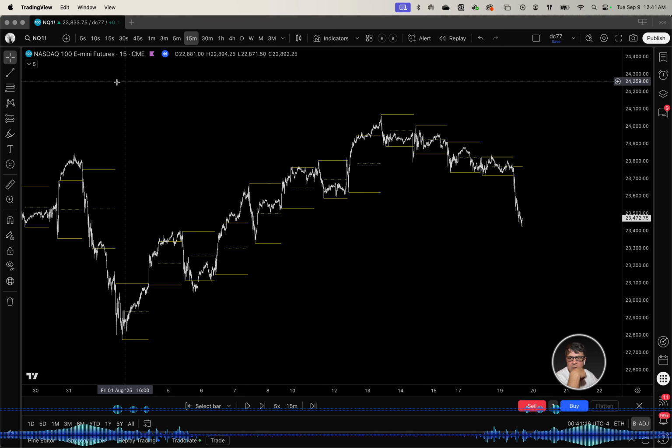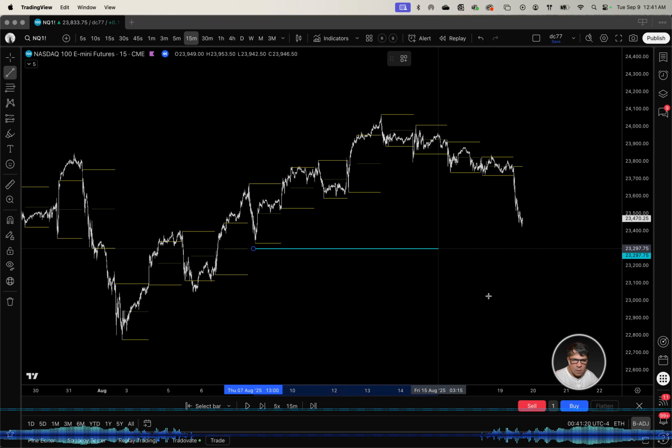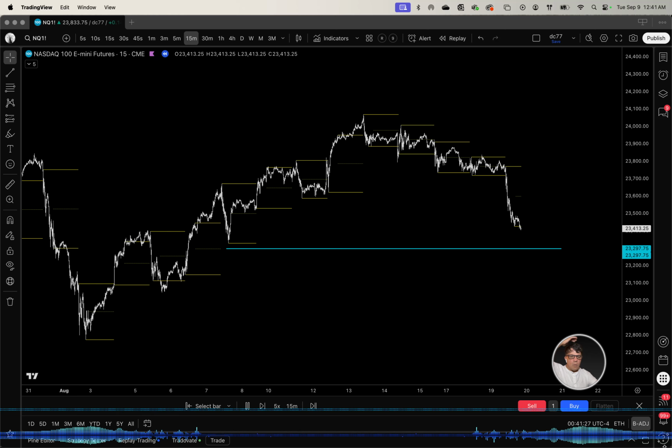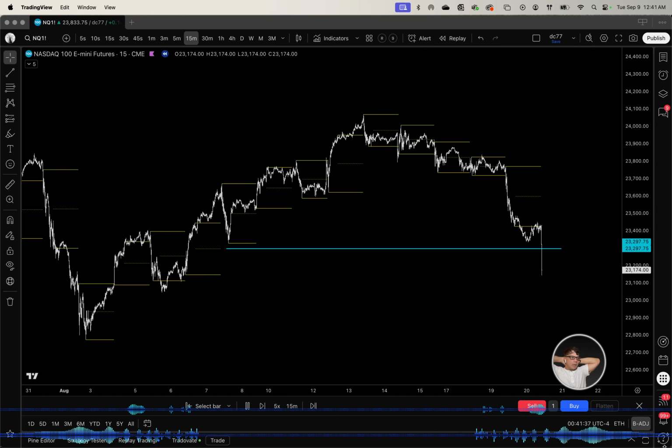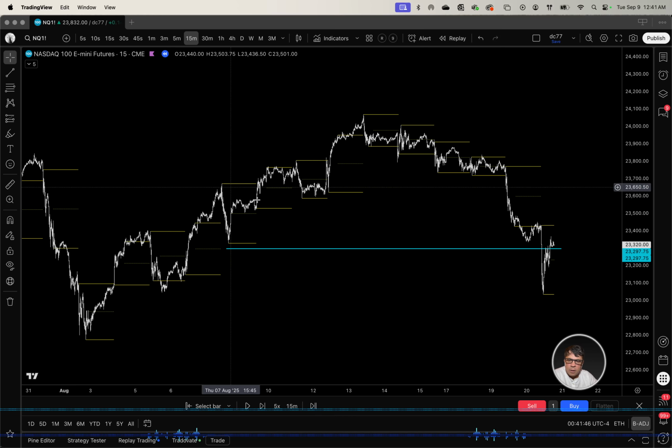I wouldn't be surprised if the thing dies all the way to here. It gives you kind of a point of reference where the market is seeking. A lot of times price is running away and you're like, why? Where in the hell is it going? It's leaving and it's headed somewhere else.